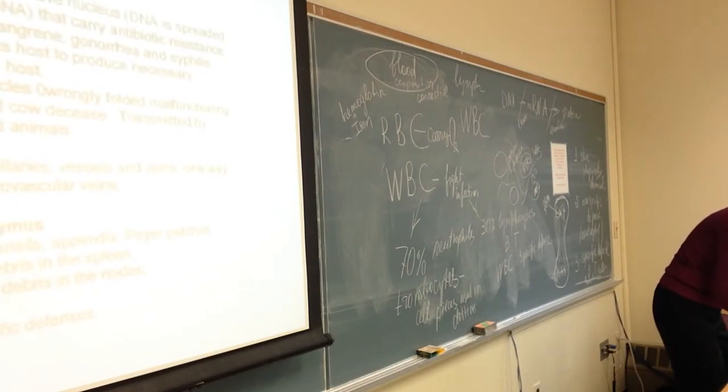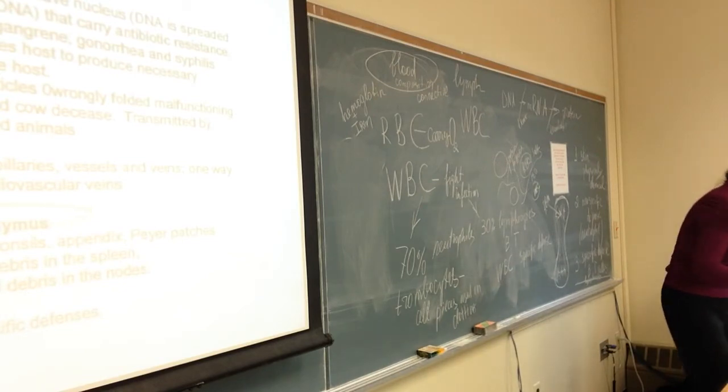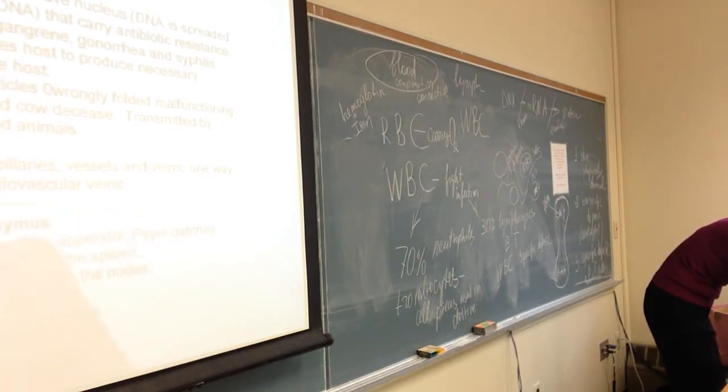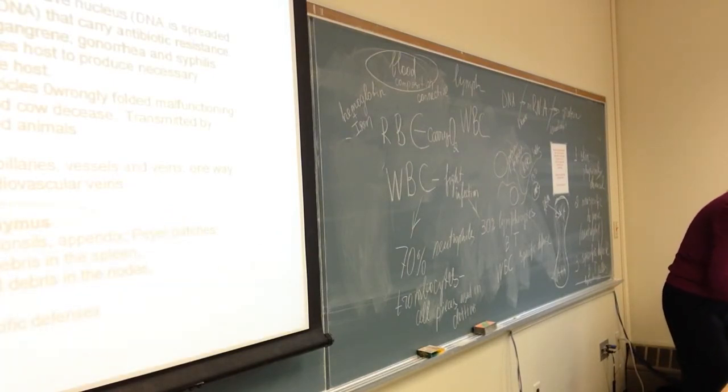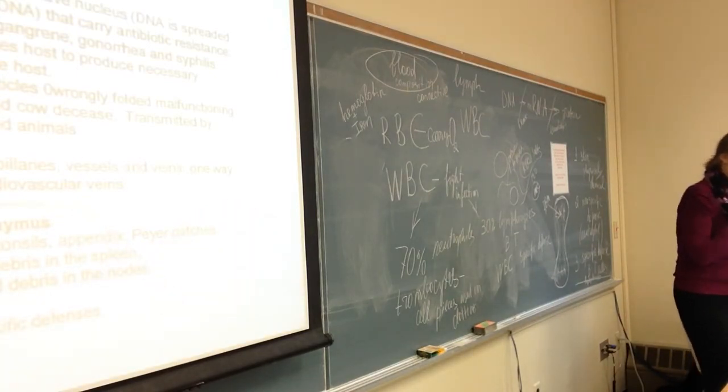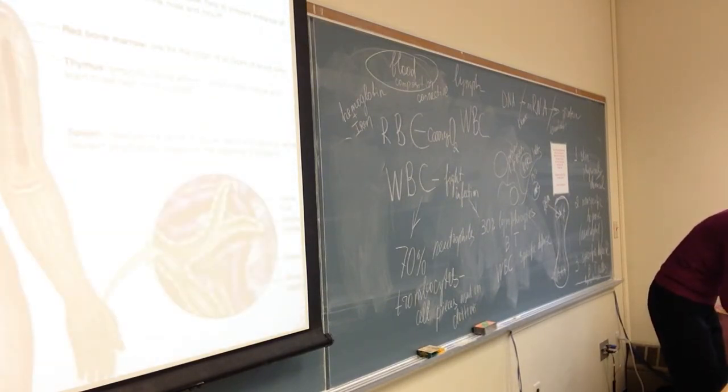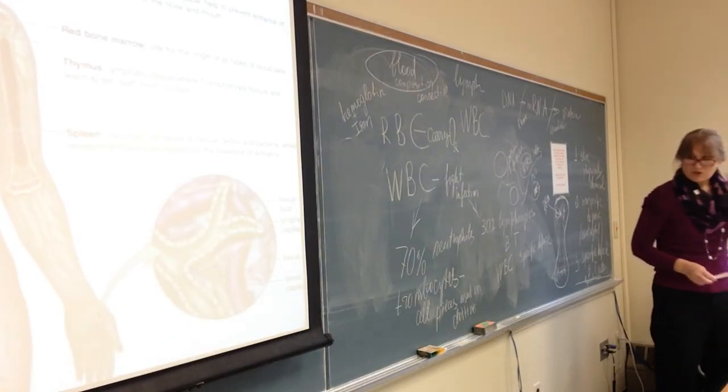Lymphatic system. Primary organs. Red bone marrow, deep in the bones. And thymus, which is located right here. Thymus sits right on top of the heart. If we talk about